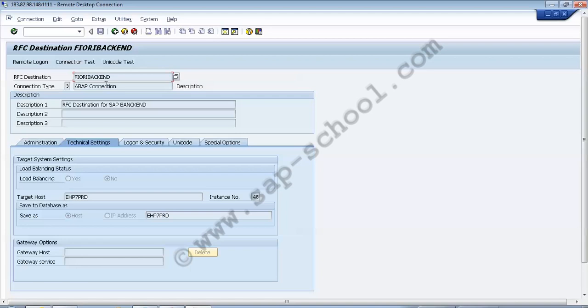So after doing all these settings, we have to select yes for the trust relationships. For the trust relationships, we have two options, yes and no. If we choose the current user, then we have to choose this option of trust relationship as yes. Once we are done with these settings, we have to click on save.